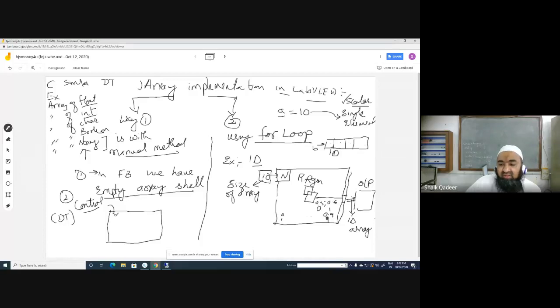So it means that this particular display will become a one-dimensional array of size 10 elements. It starts from 0 and the last value is 9. What will be the value of index 0? 0.5. The value of index number 1 will be 0.6, and index number 9 will be 0.9. Is it clear to everybody?